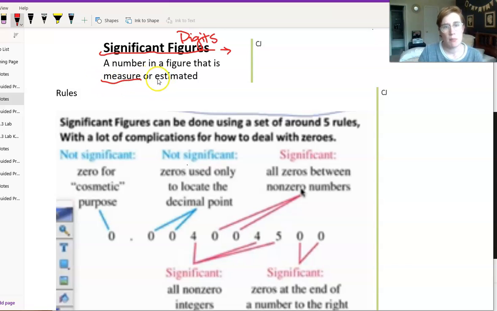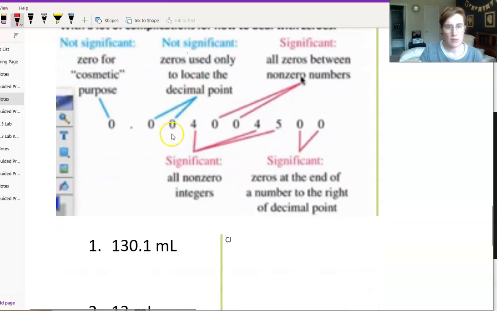So any measured number and any estimated number is considered a significant digit. So you might ask, well, Miss Millsap, what is an insignificant number? And the answer is that there are some zeros that are present in numbers that were not measured and were not estimated, and those would be considered insignificant. So we're going to look at this number here. This number says